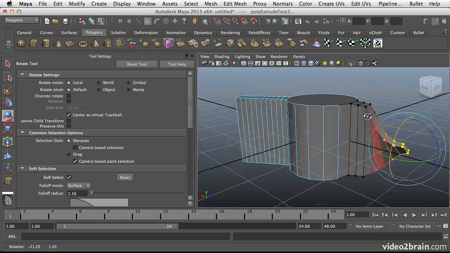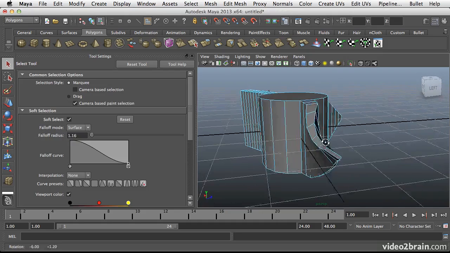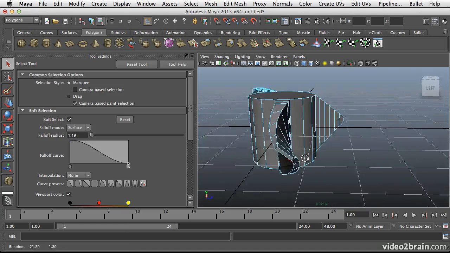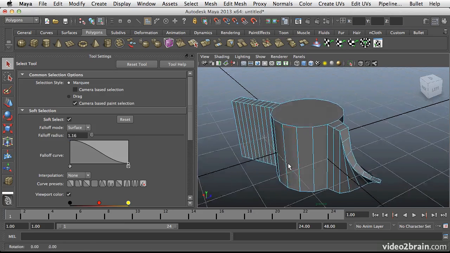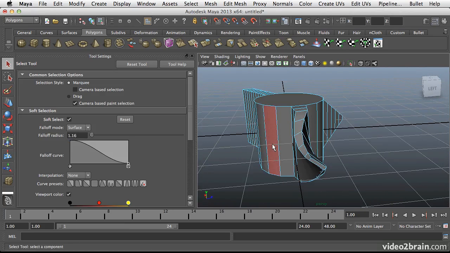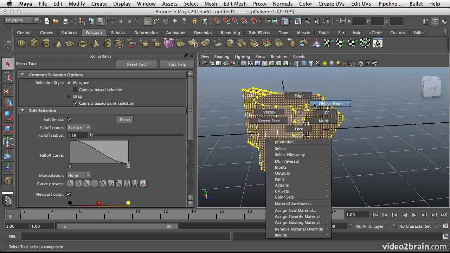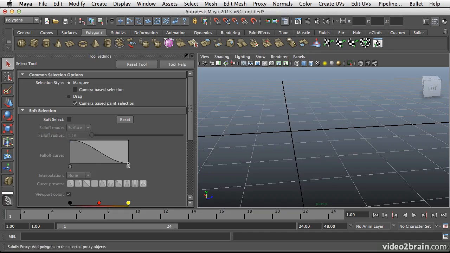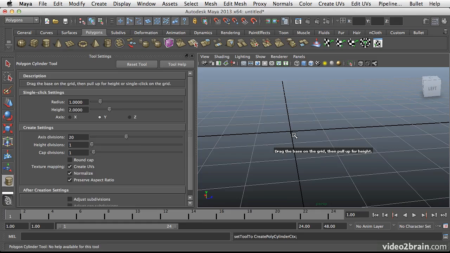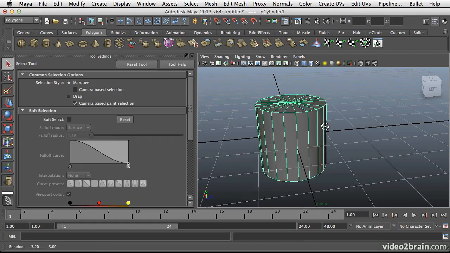Just using my scale and my rotation tools, you can see that I've created a much more complex extrusion. So keep in mind that all these tools, again, layer on top of one another in order to create more complex geometry. Okay, so I'm going to go ahead and just select this entire object. Let's turn off soft selection for now. Object, I'm going to delete it, and then I'm just going to add a new cylinder back into my scene